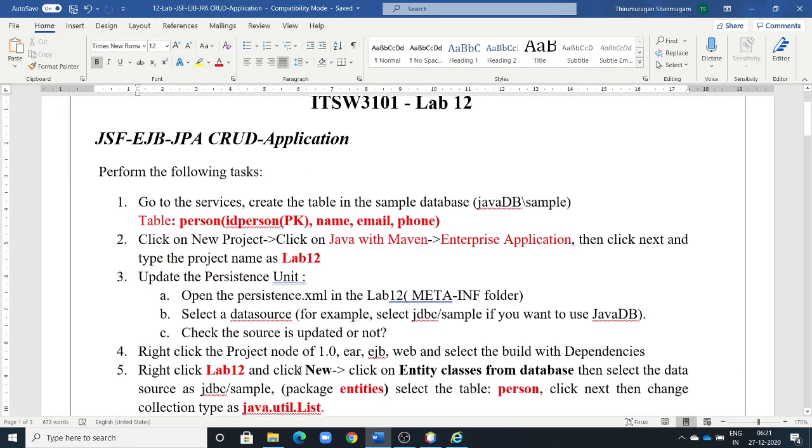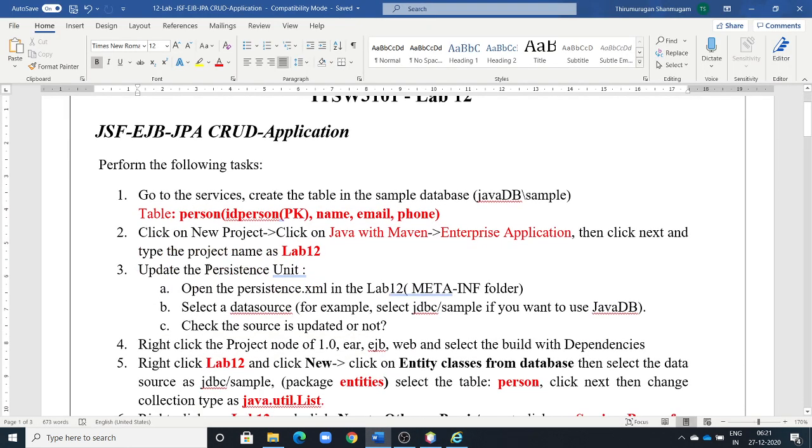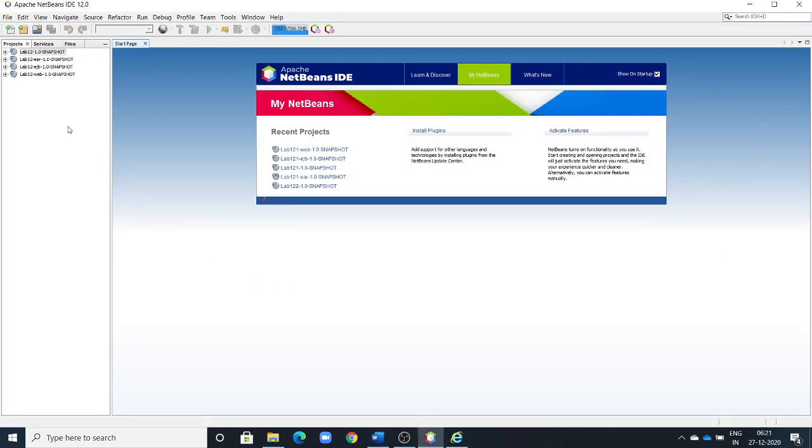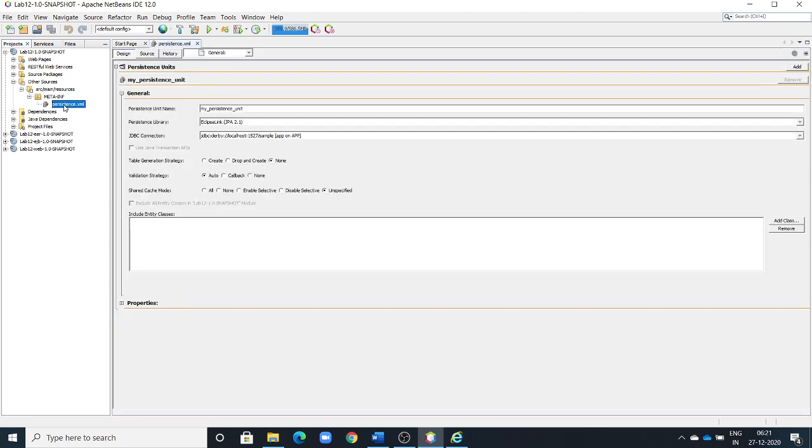Now we'll move to the steps. Now step number 3, because we completed the first 2 steps. Step 3, we are going to update the persistence unit. How can we update it? Go to Other Sources, and inside that you can see META-INF and the persistence file. Here it is already mentioned, but we are going to change it.